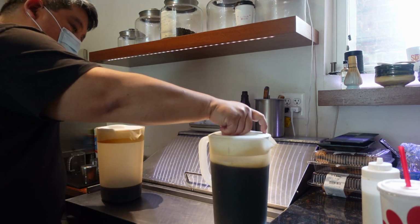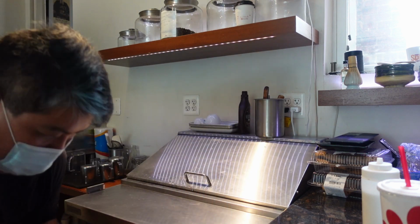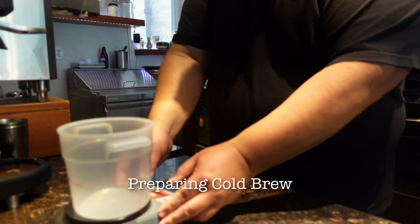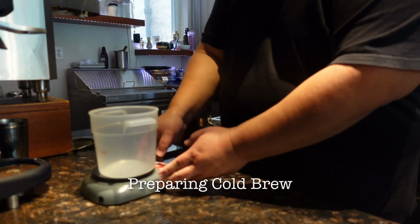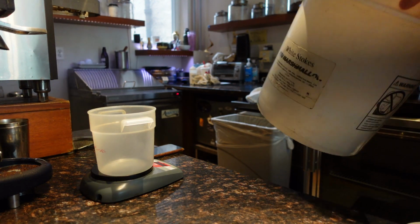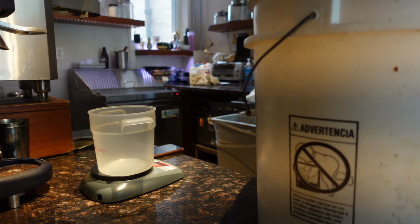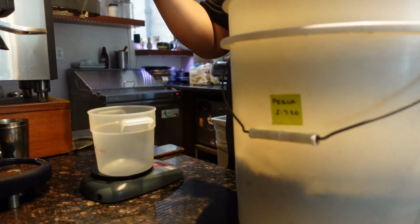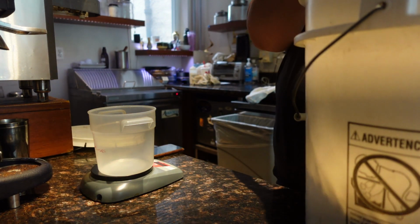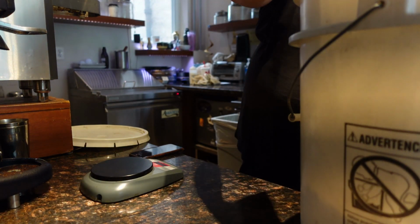And that makes our ready-to-use, what we call RTU cold brew, ready to use. And that's all kept refrigerated to keep it nice. And so now I wanted to show you also how we prepare the cold brews. So the first step, of course, with cold brews, we want to use our coffee. And our coffee, as you can see here, you might notice the tag on it says Perla. And Perla is our Perla Negra, which is an anaerobic processed coffee from our growers down in Nicaragua, the Mirish